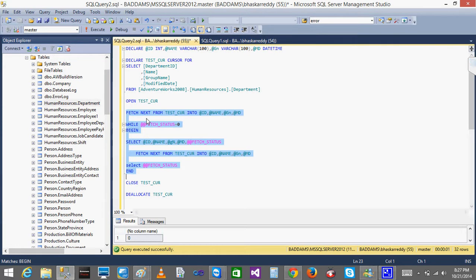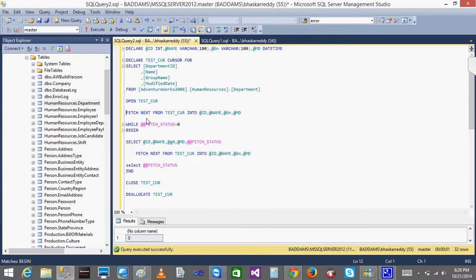So basically you will be using a while loop. Everything comes under the fetch. You will fetch the record, and after fetching, there is a global variable called @@FETCH_STATUS. If there are no records to fetch, then automatically @@FETCH_STATUS will be not equal to 0.